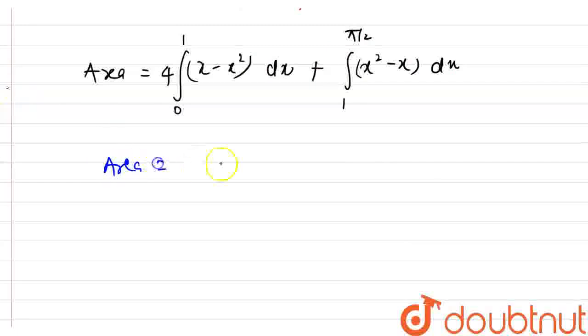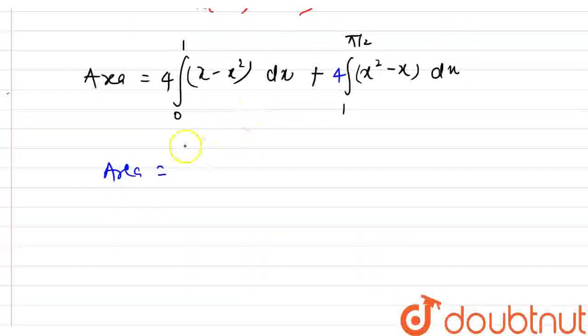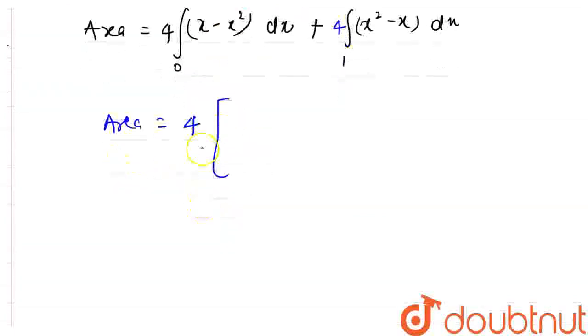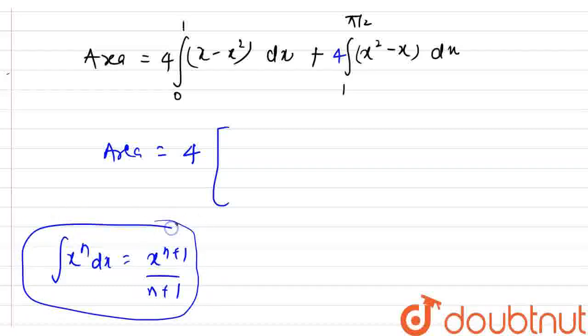So my area will be equal to, and this should be 4 times. Don't get confused, because we have 4 lobes here, or we can say 4 shaded areas. Symmetrical, that's why it will be 4, and I'm taking 4 common and integrating this using the formula that the integration of x raised to the power n dx equals x raised to the power n plus 1 over n plus 1. I hope you already know. So it will be x square over 2 minus x cube over 3, with the limit 0 to 1,